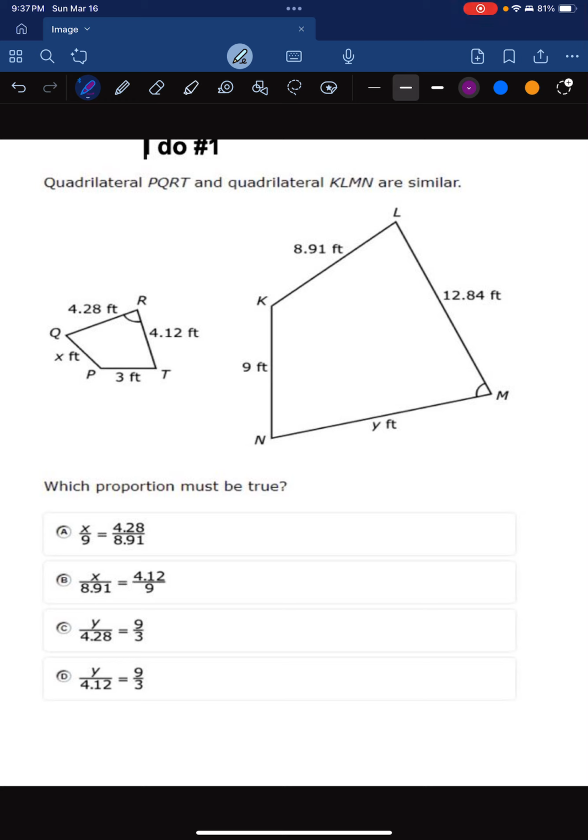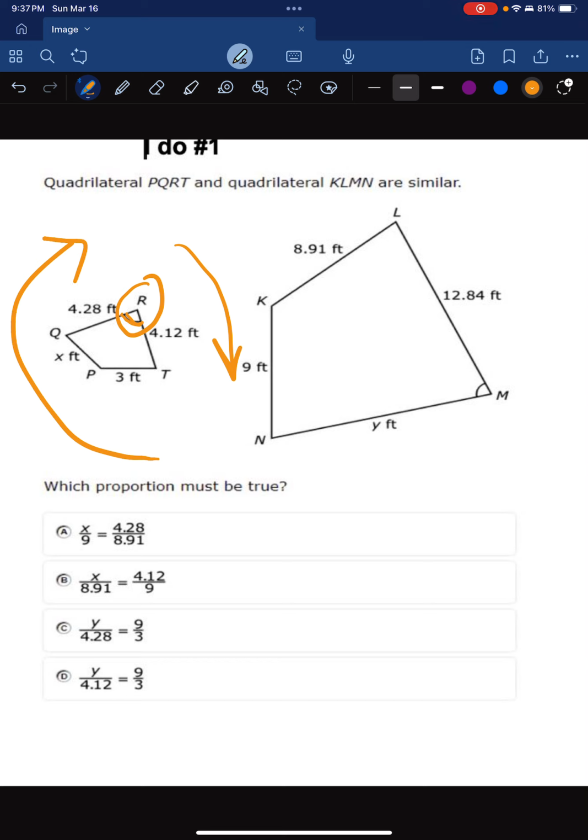So the first thing I want to do is choose one of these shapes. I'll start with the small one. And I'm going to choose a starting point. The starting point that I'm going to choose is the easiest to identify, which is going to be R, because of this little curve that it has there. Okay, and then I'm going to choose a direction to go in. It doesn't matter which direction I go in. I just have to go in the same direction for both sides. So I'm going to choose to go clockwise,